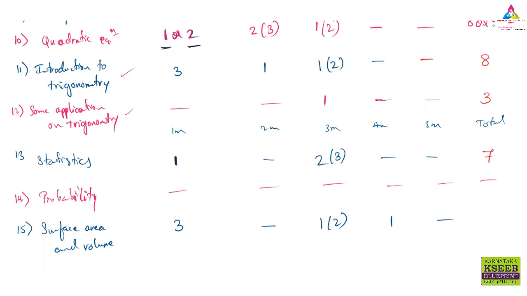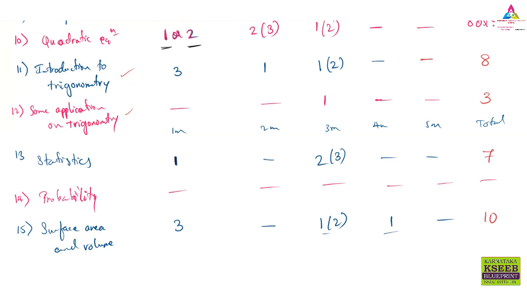A 5 marks question will not be asked here, because the 5 marks question is based on how much knowledge you have, not on applied questions. It will come from the theorem only, and the theorem is in the triangle lesson. So the 5 marks question will come from triangles. So surface area will have multiple choice questions of 1 mark, a 3 marks question with 2 options where you choose 1, and one 4 marks question. Totally it concludes with 10 marks. Maximum marks will come from the surface area and volume lesson or the AP lesson.